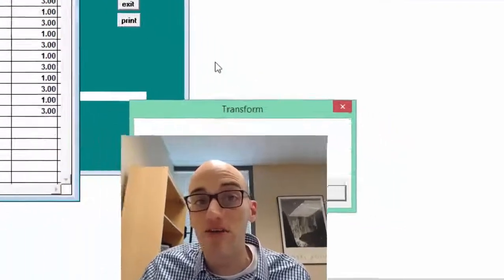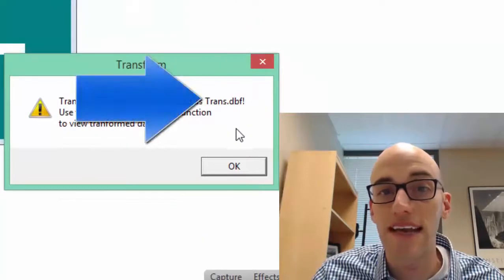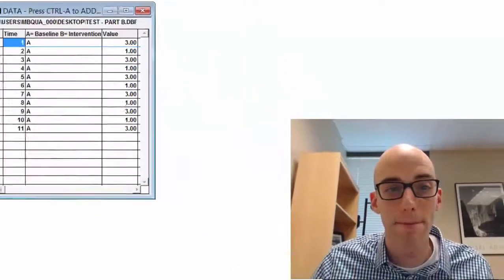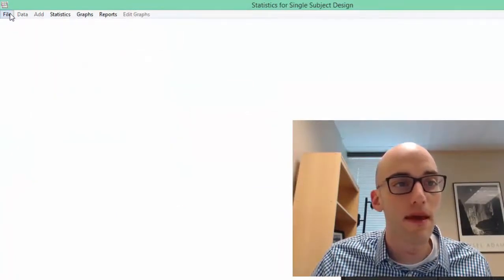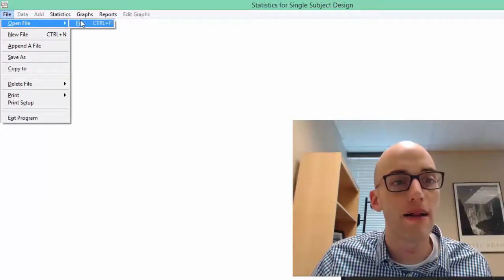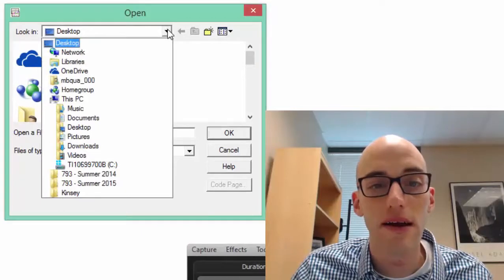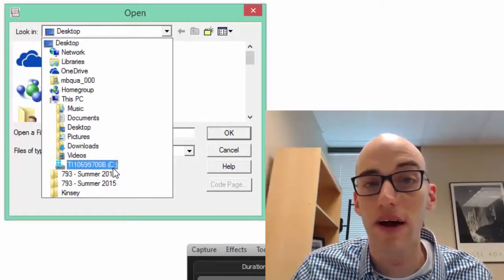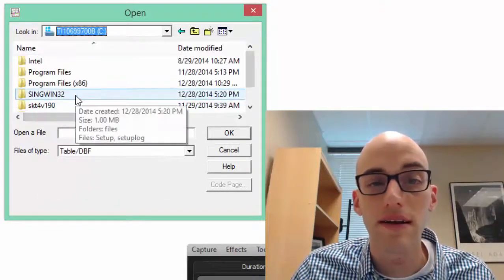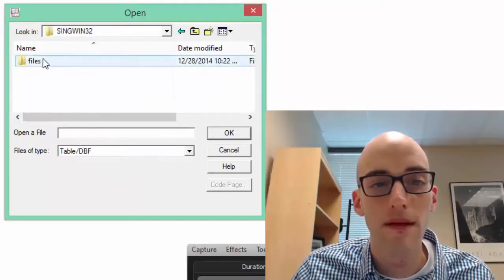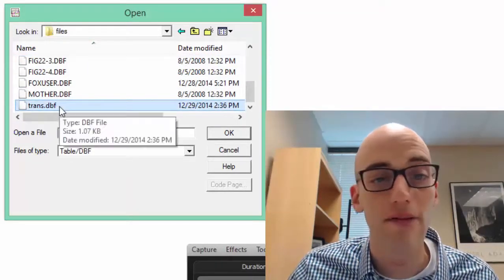And SINGWIN will actually make a new file for us with the transformed data. It's going to be saved under trans.dbf. So I can click OK. Close this data out. Click File, Open File. But I'm going to have to search for this on my C drive. So if you click the drop-down and go to your computer's local drive, for me it's the C drive, probably the same for you. And then click SINGWIN 32, Files, and it'll be this trans.dbf. So you can click on this,